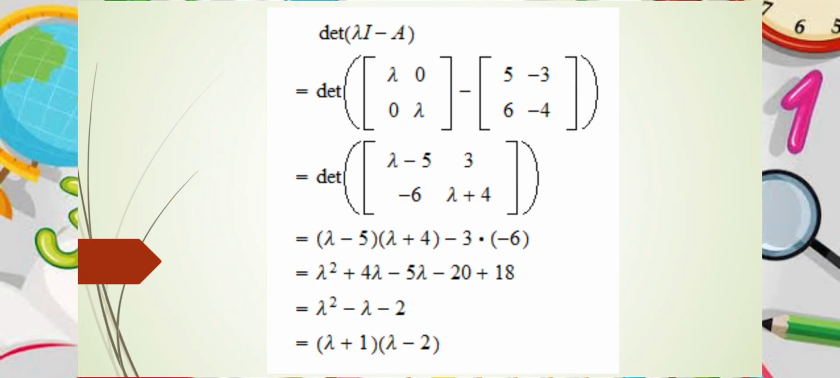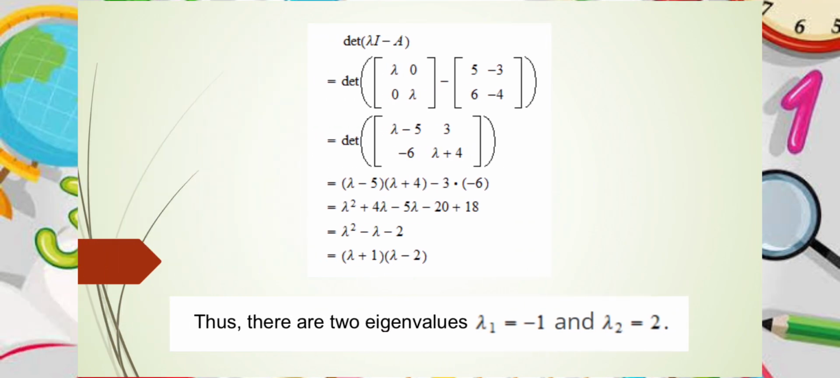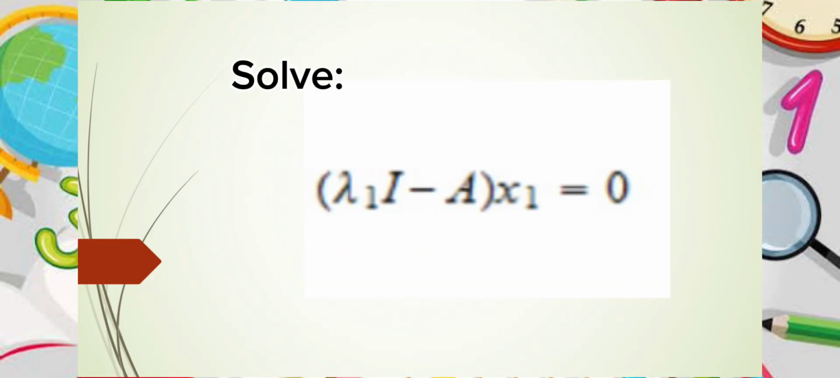And that is equal to (λ + 1)(λ − 2). Thus, there are two eigenvalues: λ₁ = −1 and λ₂ = 2. There are no repeated eigenvalues and, as a consequence, no defective eigenvalues. Therefore, A is diagonalizable. The eigenvectors x₁ associated to λ₁ solve